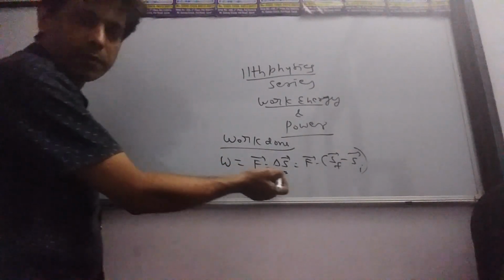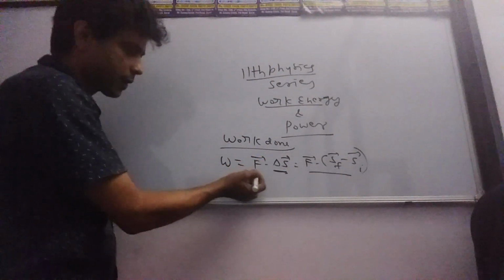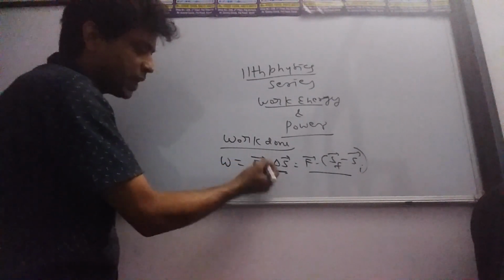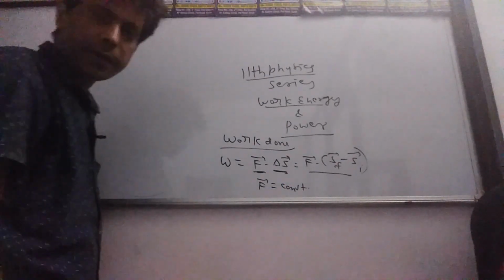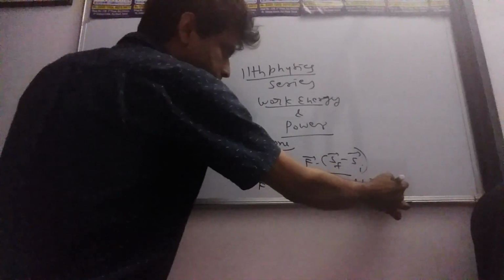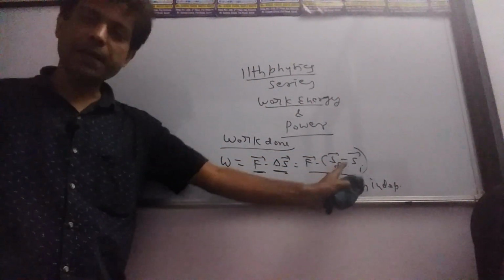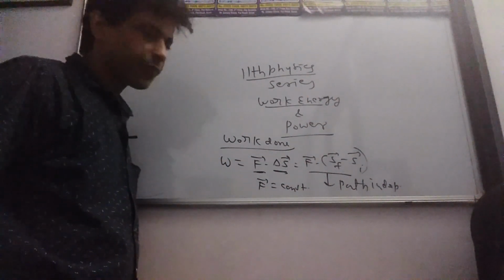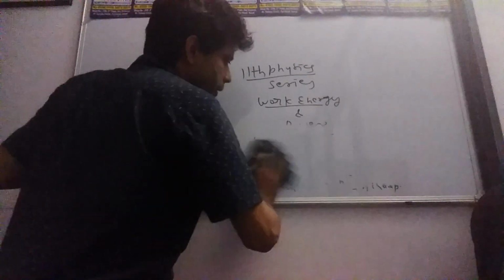So tell me please, this is work done, and this formula F dot delta S, in which case are we using it? If vector F is equal to constant, and this is path independent, because you are observing that this is the S final and this is the S initial. We are not discussing the intermediate part, we are just taking S final and S initial, alright. In the same manner,